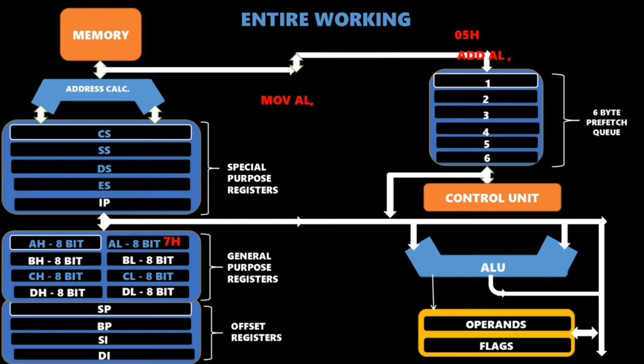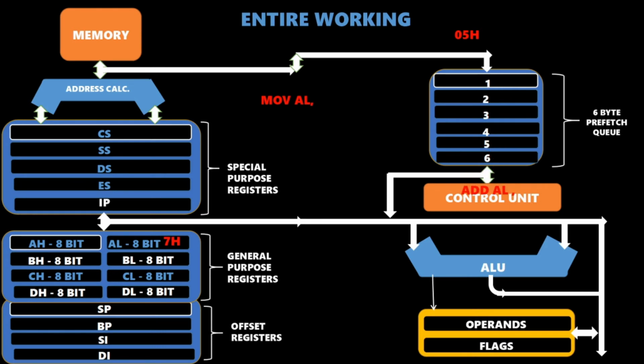We saw in our last parts that inside our prefetch queue we can hold instructions. Now in this instruction we can see there is an opcode and an operand. We saw what an opcode is in my last video. If you have not seen the video, please go and check it out. The operands are not in the form of opcode, they are in the form of operands itself. The 05 inside our microprocessor remains as 05 because it is an operand, but the ADD AL instruction gets changed into an opcode which is sent to our control unit for decoding.